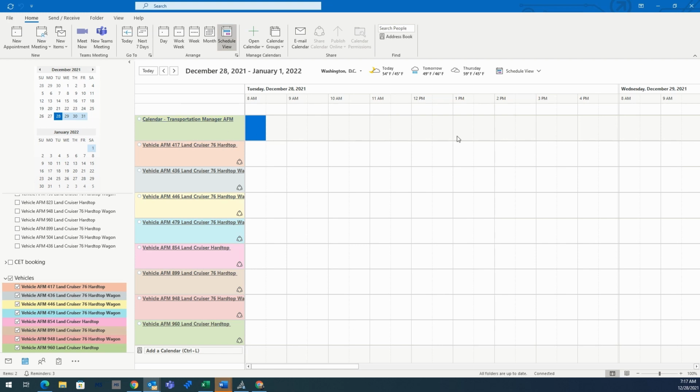Your calendar will show up here at the top, and the vehicle calendars are below this, and you can see because we have no vehicle bookings right now, they're all fully wide open to book. Now, in order to book a vehicle, you have to select your time period in your own calendar, go up here to new appointment,